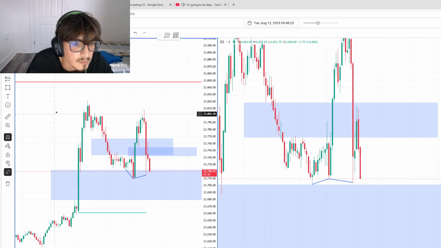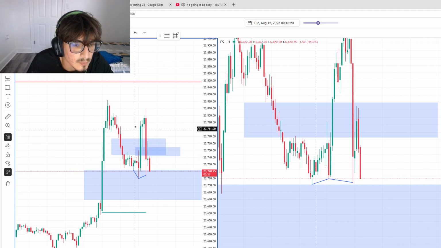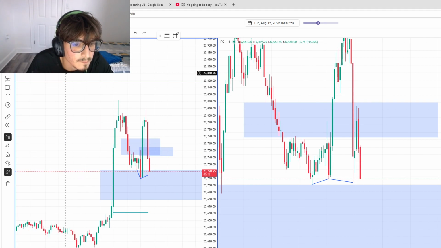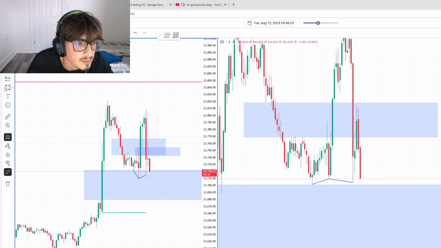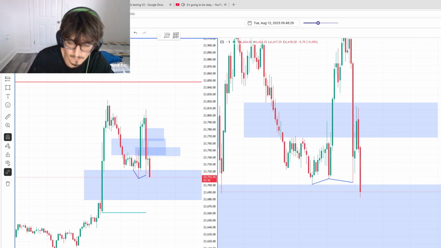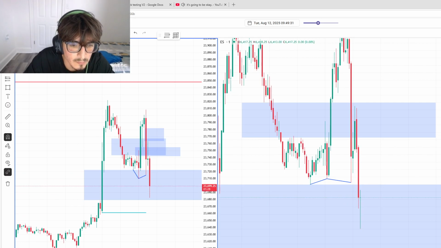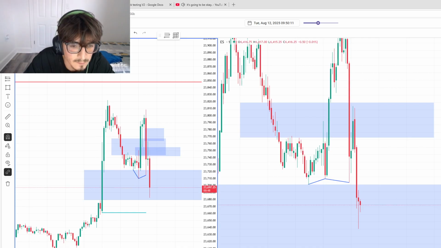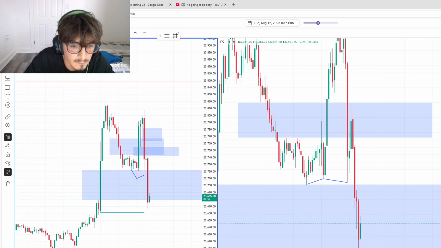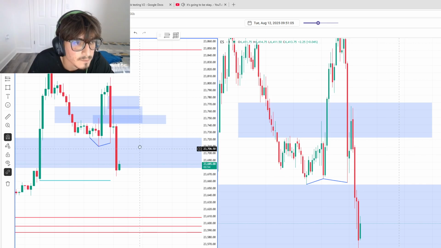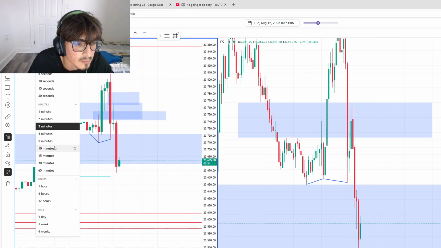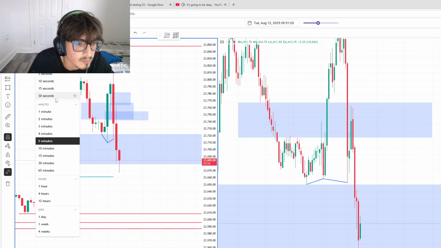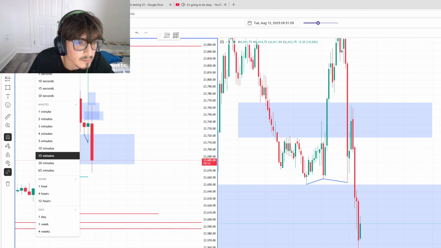So I think this might be 2 minute now. 3 minute, yep. 4 minute. Not 4 minute yet. It is a 3 minute. So okay, pushing lower, pushing deep into this gap. Might take out that low now. Now this is when I would go and aim for some. Do we respect the 15 minute? Oh, we did. Okay.